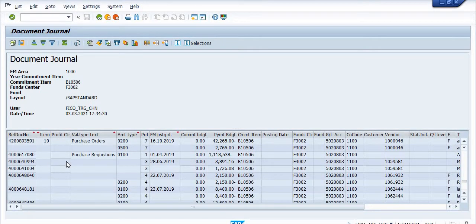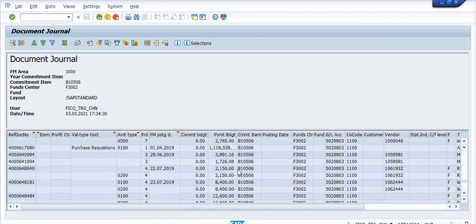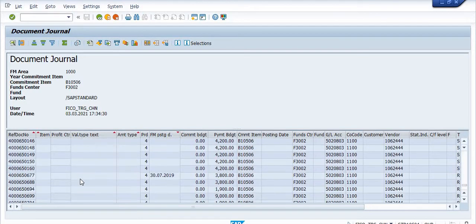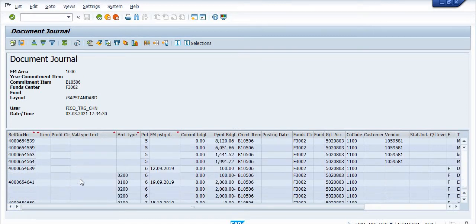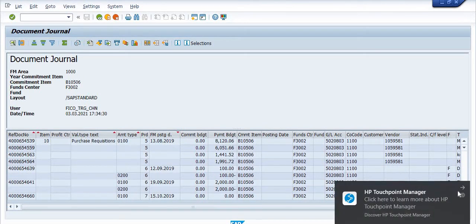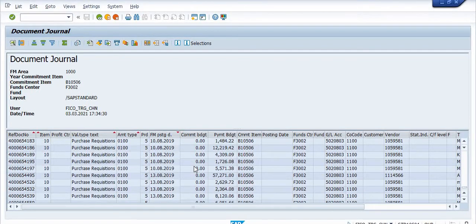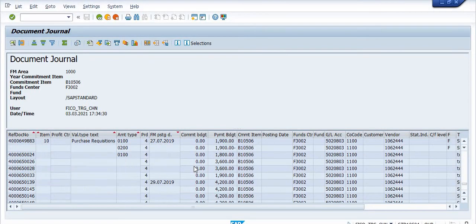These are the purchase orders and these are the purchase requisitions in which budget is consumed. So this is all about the consumption. You can check, getting my points.